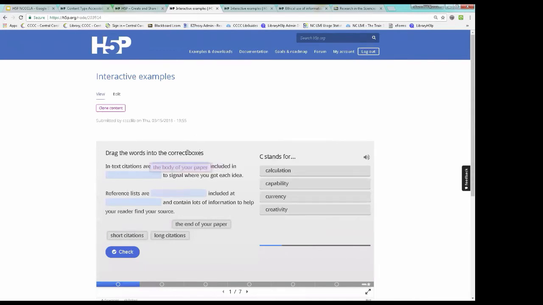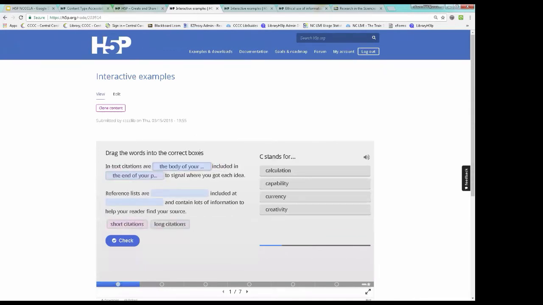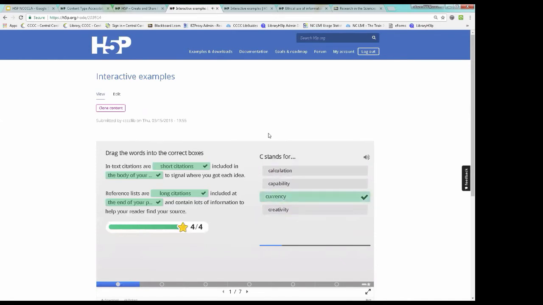These are drawn from a variety of modules, so this is not going to make any sense. But you can do a drag and drop, check the work. Those were all wrong. I'm a terrible librarian. Let's fix that. So if I was a student, I would not need to get a wrong answer on this. I would just be shown, no, that's not right, and then I could try again. You can also do these single choice that go across multiples. This is from our CRAP test. So the C stands for currency. Yes, the R stands for relevance. Yes.